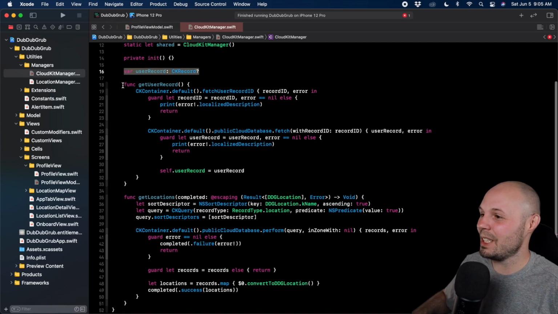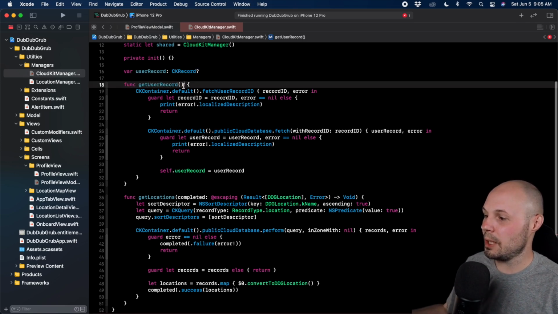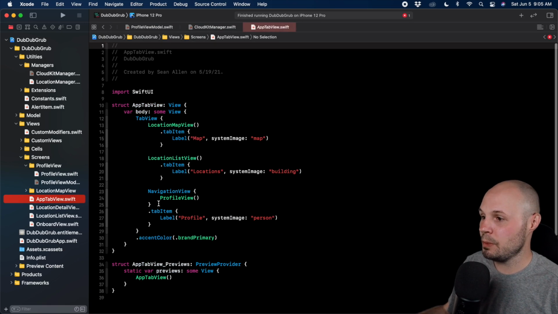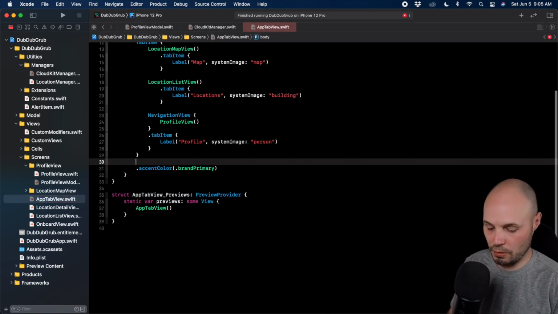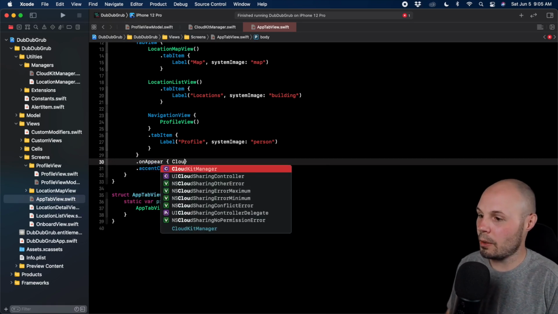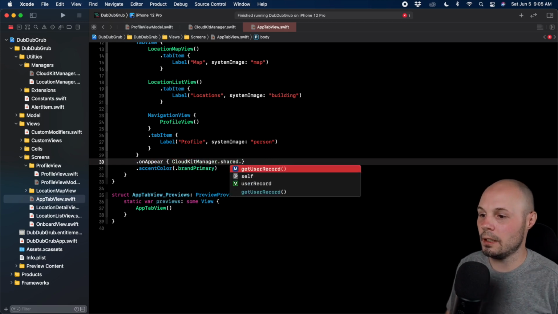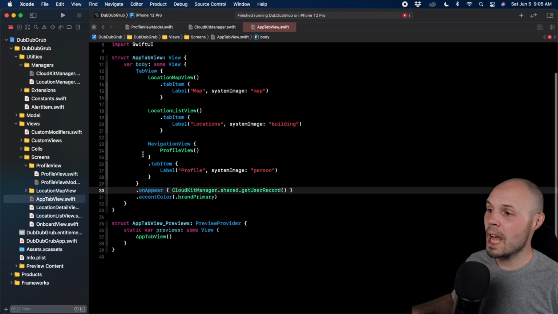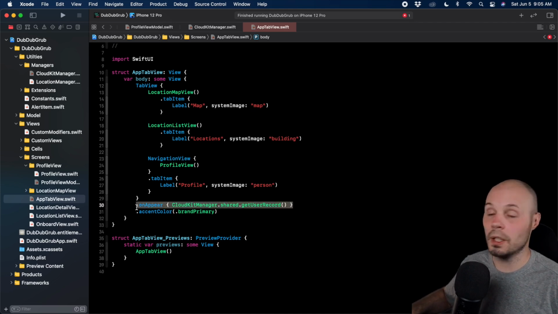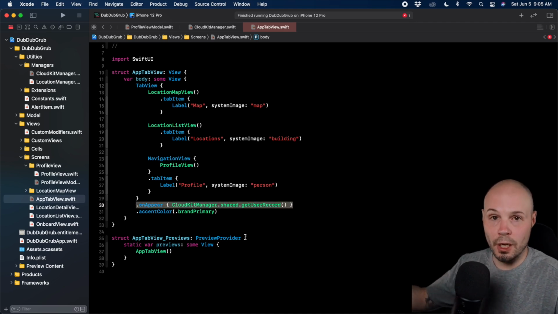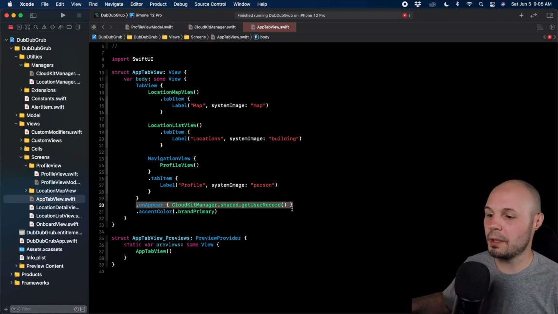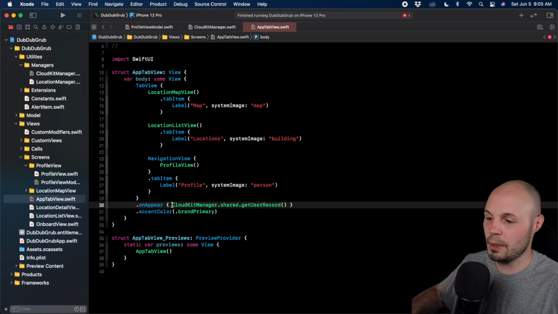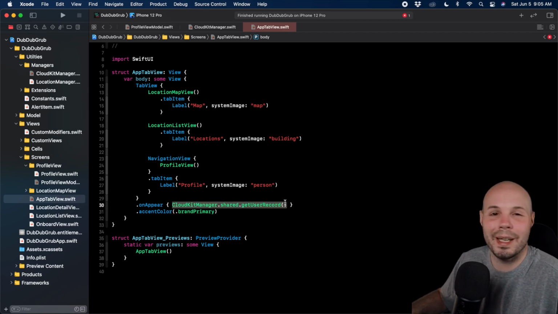So now that we have this get user record function, we actually want to use it. So for that, I'm going to go to my app tab view, right? Remember all this tab stuff here. And then in onAppear on this tab view, we'll open up the closure there, CloudKitManager.shared.getUserRecord. And our tab view's onAppear only fires off once, right? As soon as we launch our app, the tab view shows up, it appears, good. And even when you background the app and bring it to the foreground, onAppear doesn't get called again. So I tested that to make sure this was only getting called once,